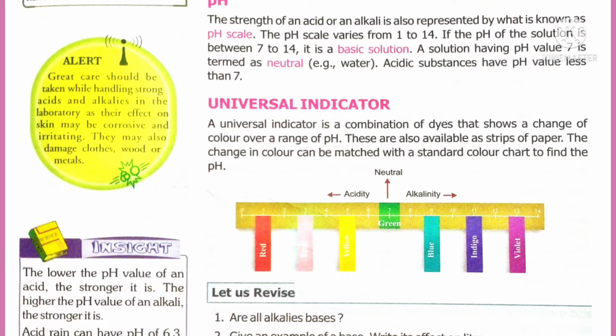If it is red, it means it is a strong acid. If it shows pink, it is a less weak acid. If it is yellow, it is a very weak acid. If it turns violet, it is a strong alkali. If it changes to indigo, it is a medium alkali. If it is blue, then the solution is a weak alkali. So depending upon the color changes, we come to know the strength of the solution, that means the strength of acid or alkali.